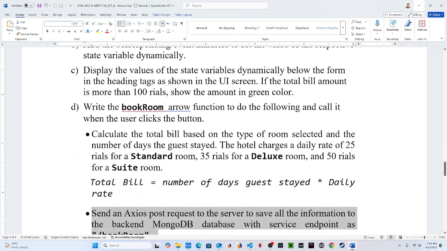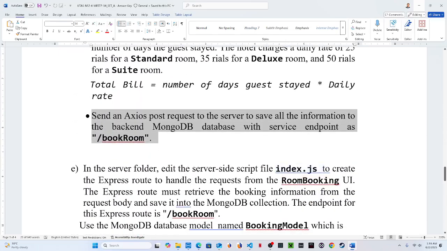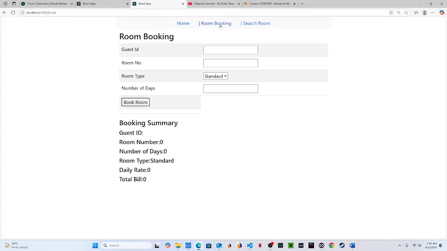It's also showing the summary, and some computations are also showing as well, particularly in this particular component, right? So you can see the suites, it's the deluxe, and that will depend on